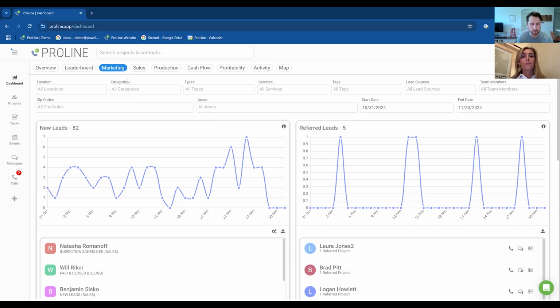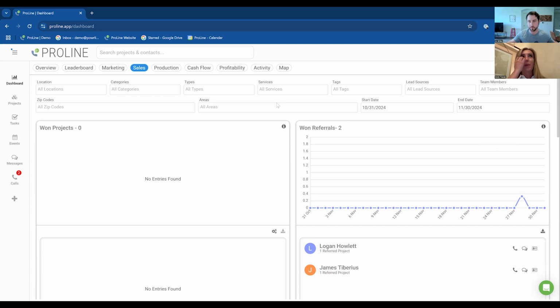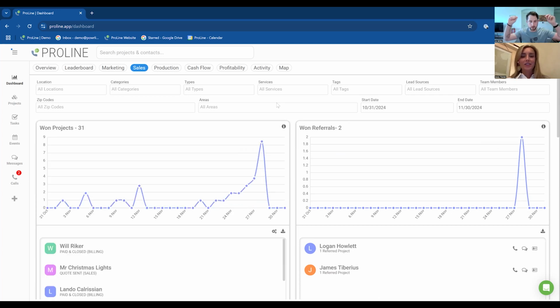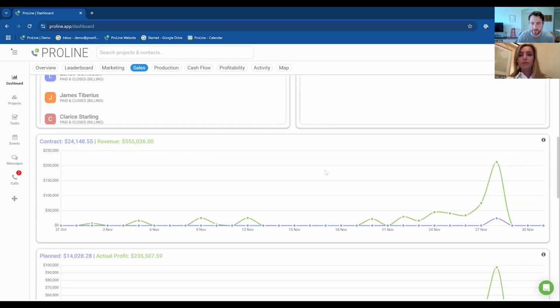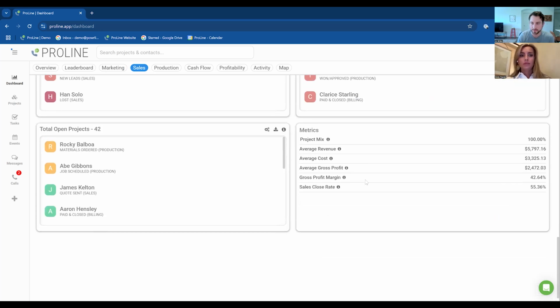All right. Let's go over to the sales tab now. Sales tab, again, we're putting on a different hat here. We're putting on the hat for the sales team. And so we're looking at this from the sales angle. And so we're going to have things like the mix for the current